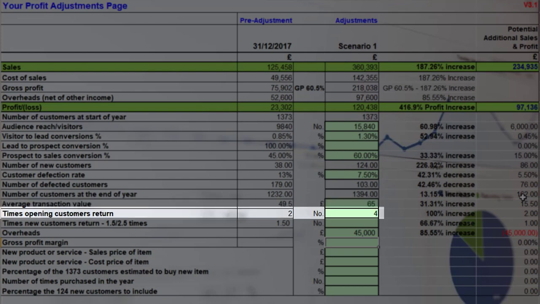The next metric is the number of times customers return. Presently sitting at 2, but we're looking to increase that to 4 times a year. We've already talked about ways that we could do that by engaging with customers a bit more, finding out when special anniversaries are, for example, their birthday or wedding anniversaries and so on. Invite them back and put on a special occasion for them, maybe even give them a bottle of wine or